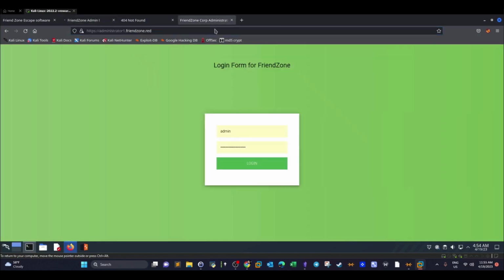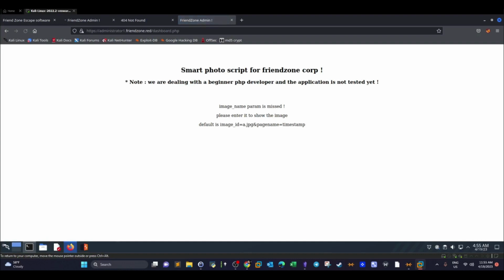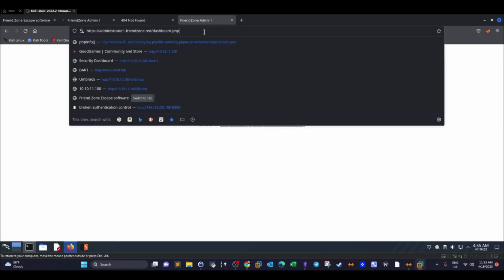Okay. All right. So let's supply them. Now it says login done, visit dashboard. Let's visit the dashboard. Upon visiting the dashboard, as you can see, we read the statement: we are dealing with a beginner PHP developer and the application is not tested yet. Image name parameter is missed. Please enter it to show the image. So we have these parameters: image ID equal the name of the image, and page name, which loads the page itself. So if we take these and supply them as part of the request,